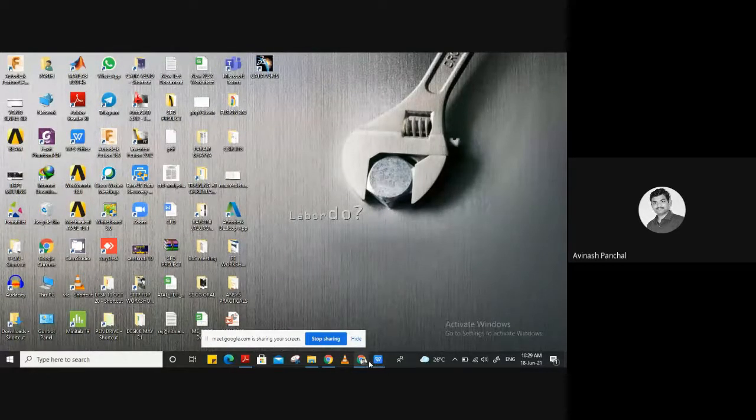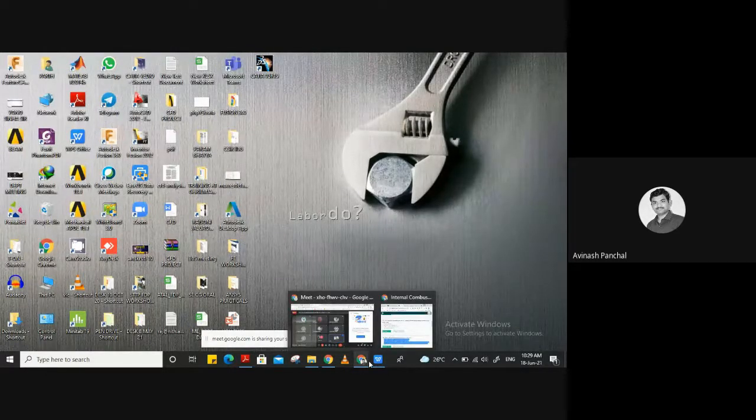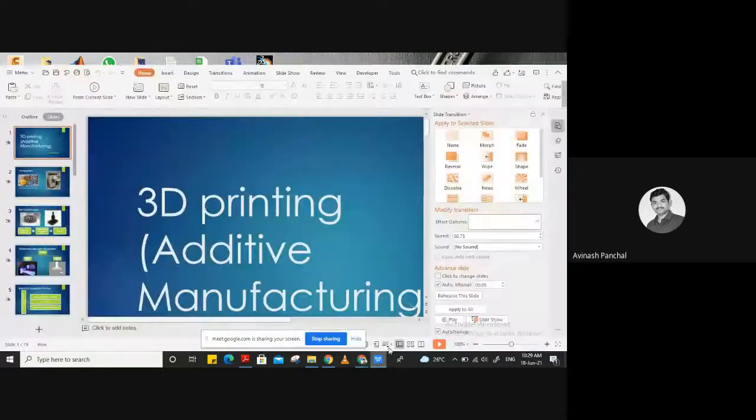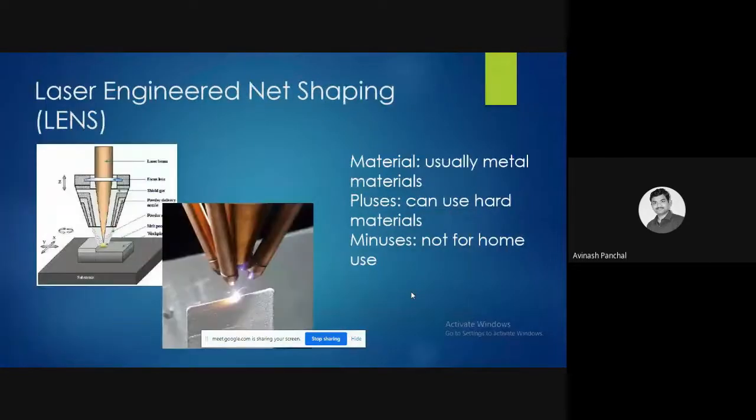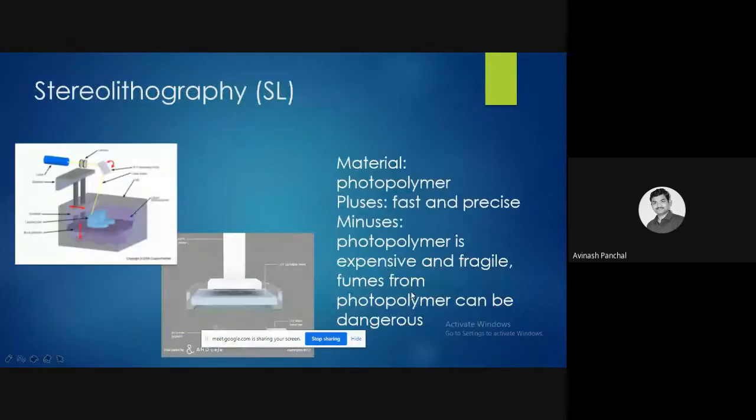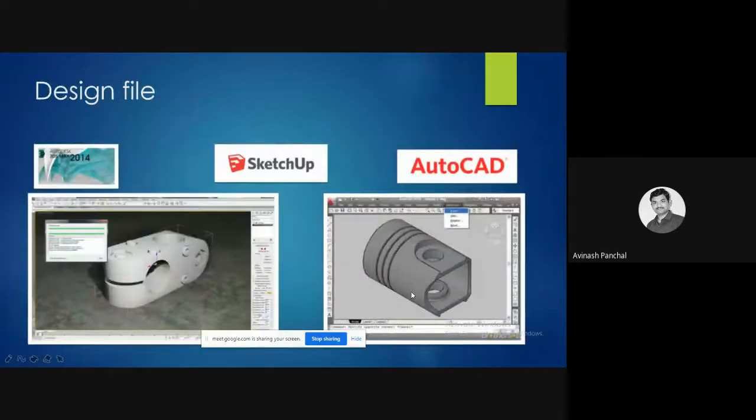It will take one or two minutes to open, because it is a very heavy software, you can call it. Okay, so till then we will see the remaining part of these files.